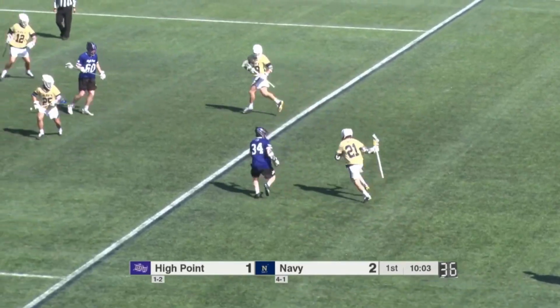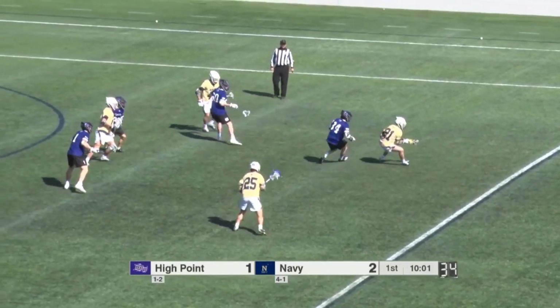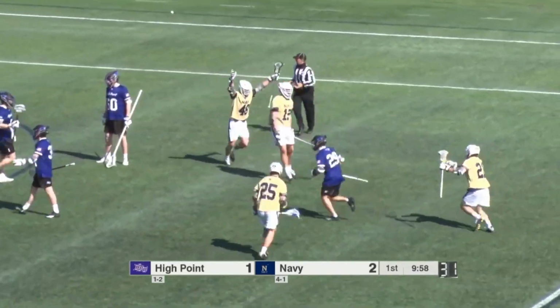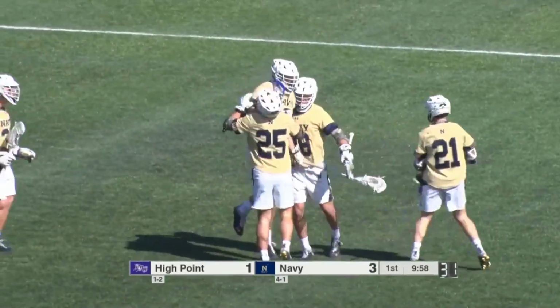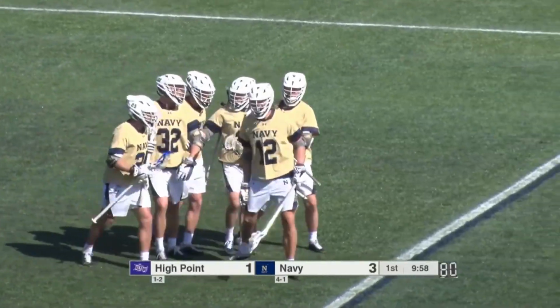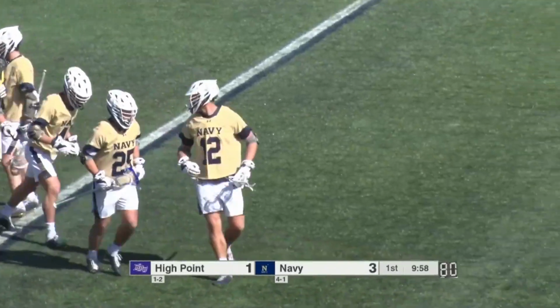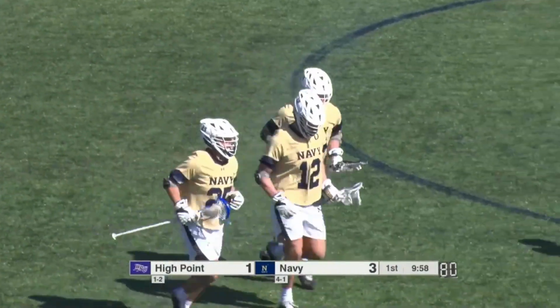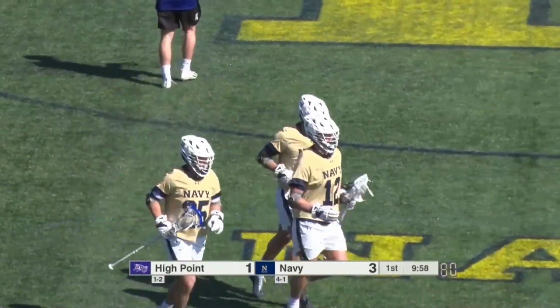Now Cole outside the offensive box. Angling to the far side, stops in the middle field, draws two. What a feed inside, and there's Hauser with the goal. So Keegan Hauser, his second goal of the season, right along the crease again. And the Mids answer right back. It's 3-1 Navy. As we talked about on that last Navy goal, feed the crease when the guy is open